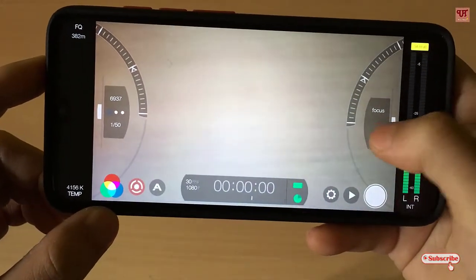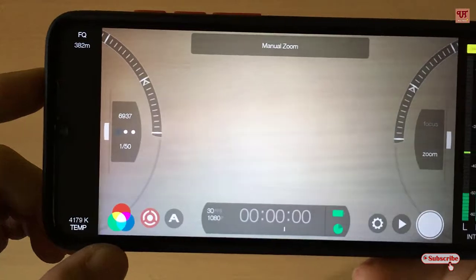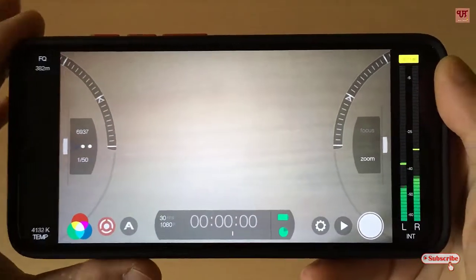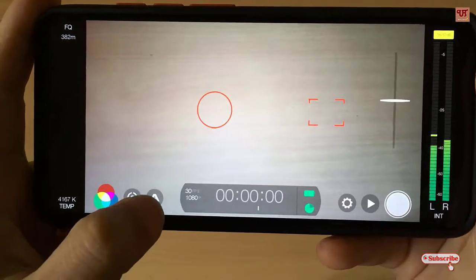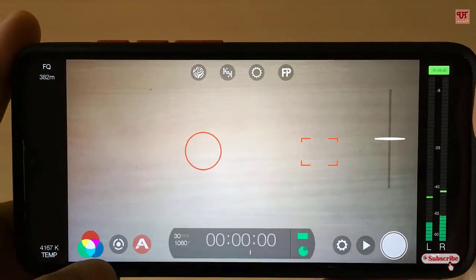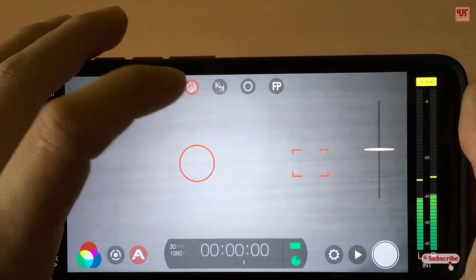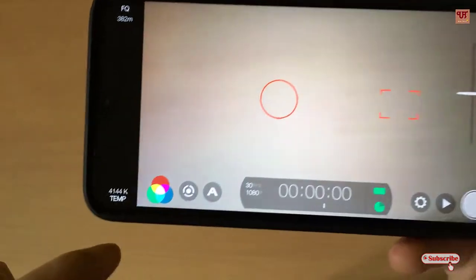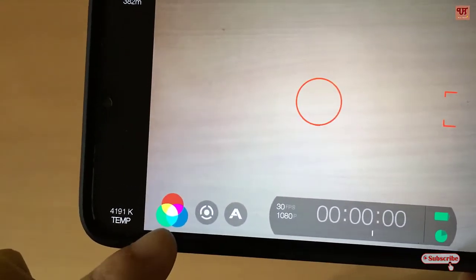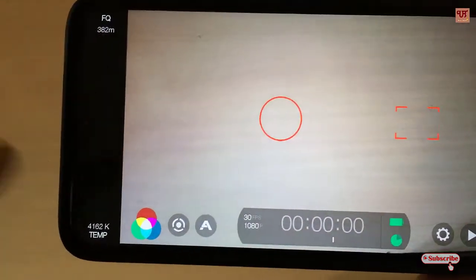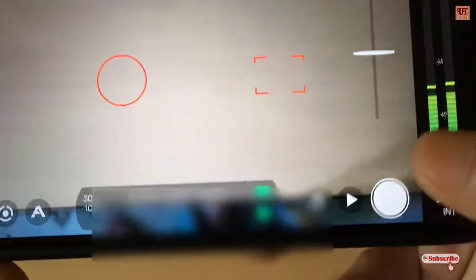Even the zoom sections you can control, and on the left side you can control the ISOs and apertures too. You can choose different layouts in the above sections. So depending upon needs, you can choose different things. You can get filters here too, you can choose by clicking on those, and the colors, temperatures, and even you can see in the below